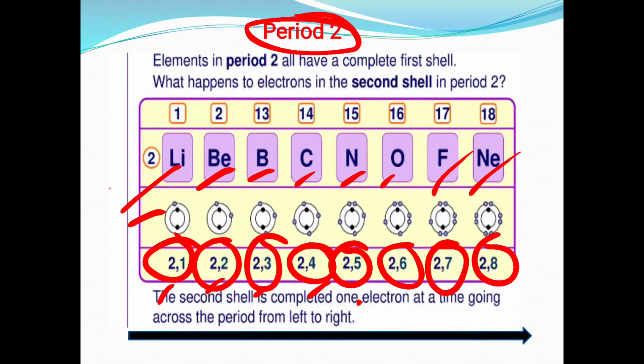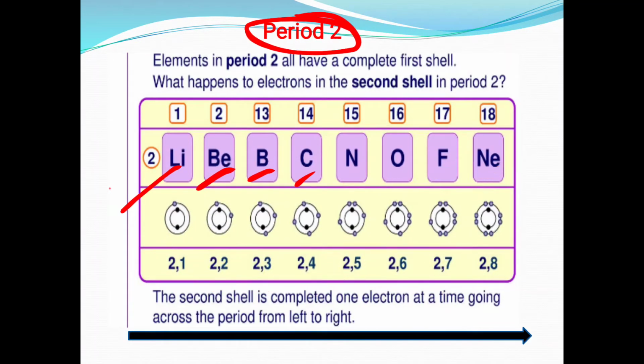Now if you see the number of shells, lithium has 2 shells, beryllium has 2 shells, boron has 2 shells, so each of them has 2 shells. So if you go from left to right in the period, the number of shells remains constant, but the number of valence electrons goes on increasing by 1. This is the common point in elements in a period, and this is how the properties of elements are not exactly the same when you go left to right in the period. So we can say that elements with the same number of shells occupied by electrons belong to the same period.